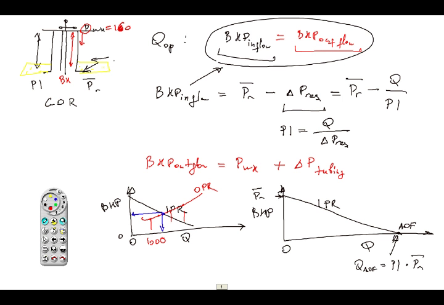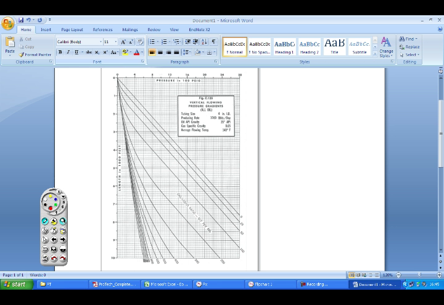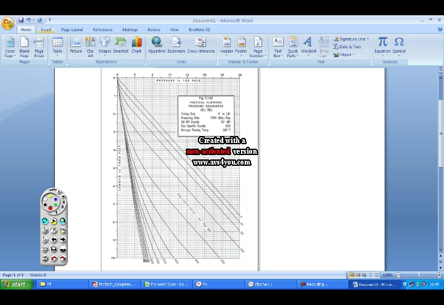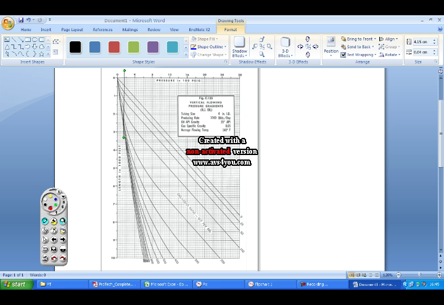So I need to find the bottom hole pressure at which, if the well is producing 1000 barrels of oil per day, I will have a wellhead pressure of 160 psi. If I'm using this chart and I know that my wellhead pressure should be 160 psi, which is approximately this value here,